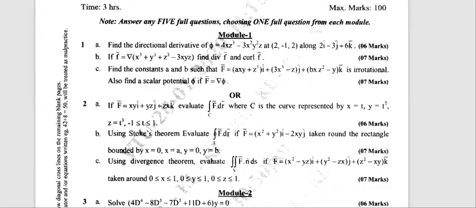Now you can see there is one more type of question asked here. Find a, b, c such that the given vector is irrotational. Find a scalar function phi such that f equal to del phi. I think this example is not solved. Shall I solve it? Or else I think I have one more example here somewhere. This example is solved, where we will get a equal to 6 and b is 3. This is question number 1c. One second, I'll take one example because this is a little different.